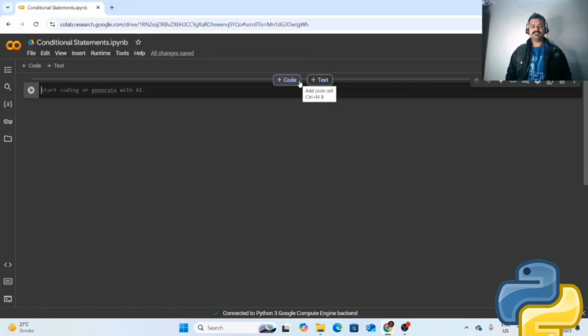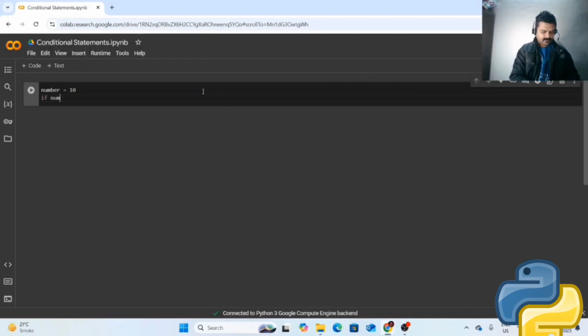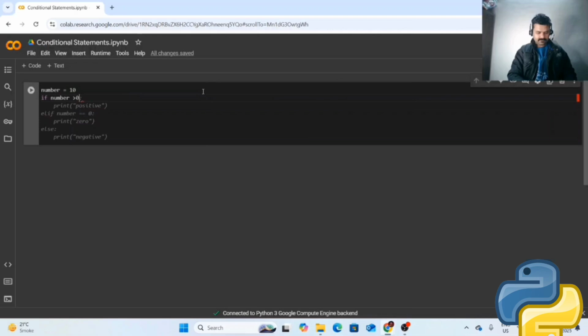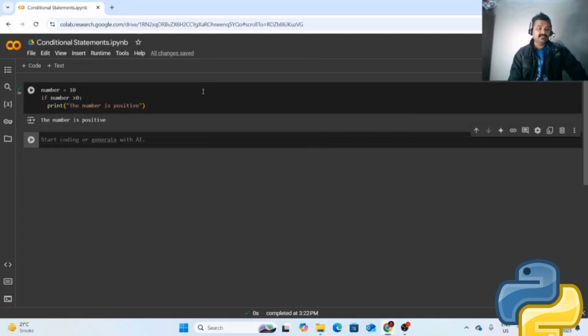Welcome to the demo session. Let's explore how if, else, elif work in Python through hands-on examples. Let's start with a basic if statement. Let's take a number equal to 10. If number is greater than 0, print. Indentation is very important here, so please take care of that. Here, since number is 10, the condition number is greater than 0 is true, so it prints